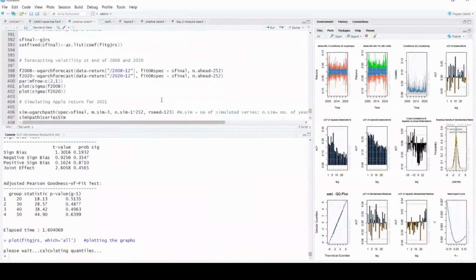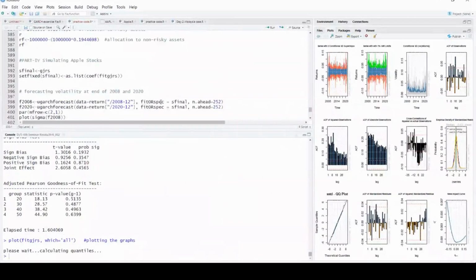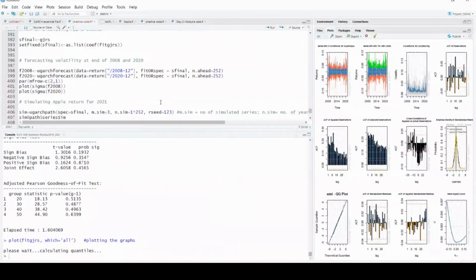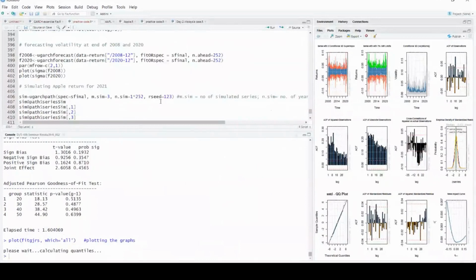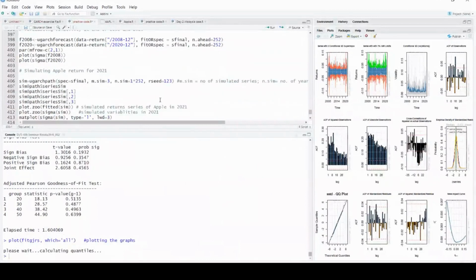Now, one interesting thing which I would like to tell you is how to simulate the returns, let's say for the 2021 period, because that is the last thing which I wanted to tell you. So how to simulate the returns or the price series for, let's say, 1 year ahead, because ultimately the goal of using the GARCH model is to first understand whether heteroscedasticity is present, and if it is, then how to tap this information to predict future prices.